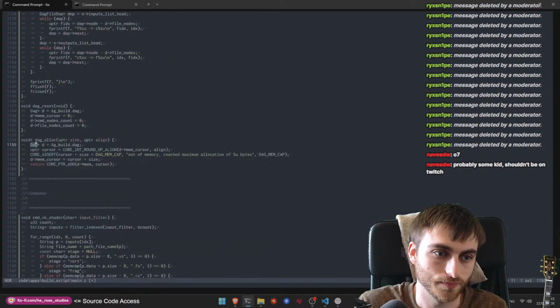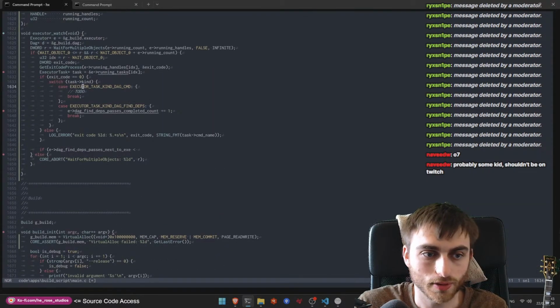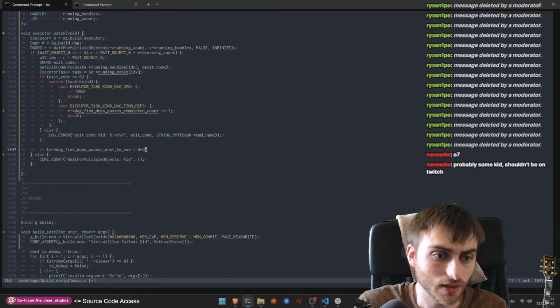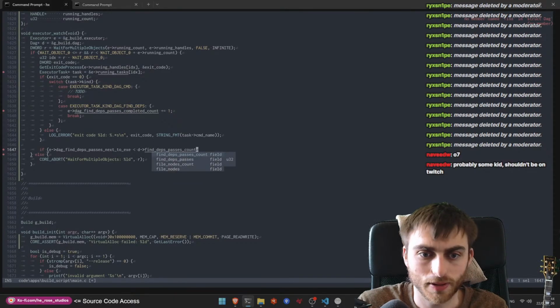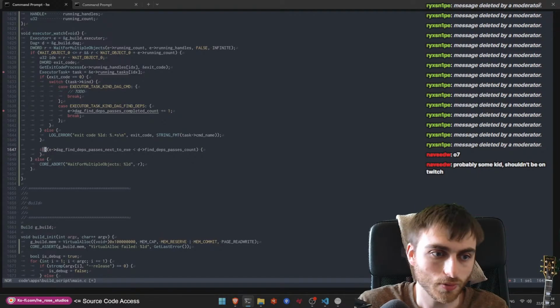Hang on a minute. So we get the DAG here, we'll call it D. And we say, right, if the find dependencies count is less than that,